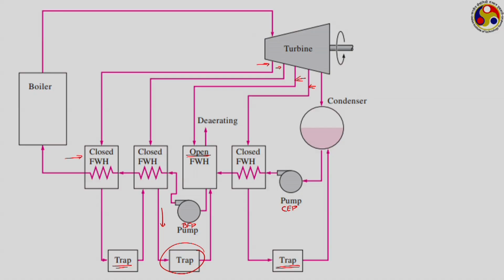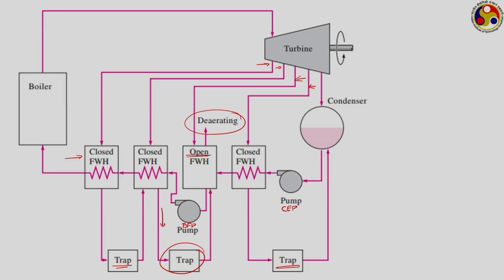So, we need one condensate extraction pump, and then whatever may be the number of open feed water heaters, accordingly the same number of boiler feed pumps or feed pumps that we may be needing. If there are no open feed water heater, then that condensate extraction pump alone is sufficient, because it is directly going to raise the pressure from the condenser pressure level to the boiler pressure level. But as I have mentioned, mainly to have this de-aeration operation, we often go for at least one open feed